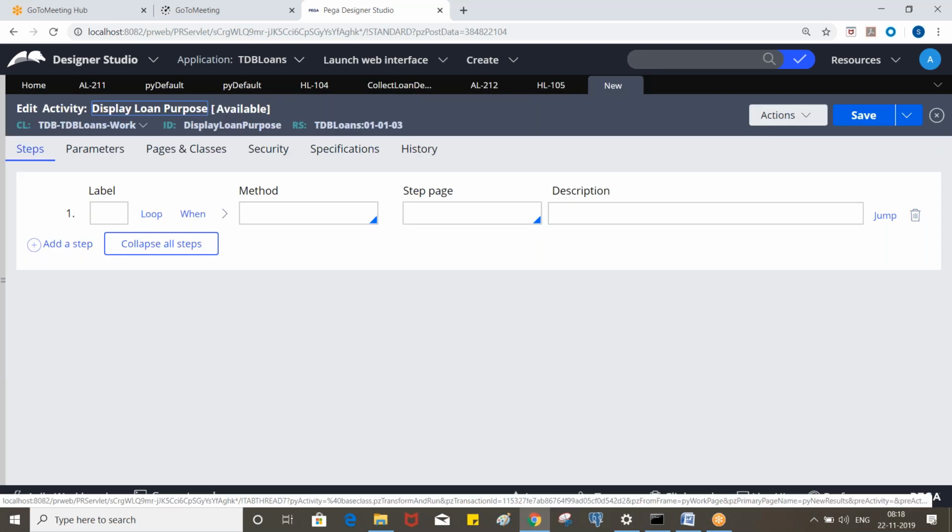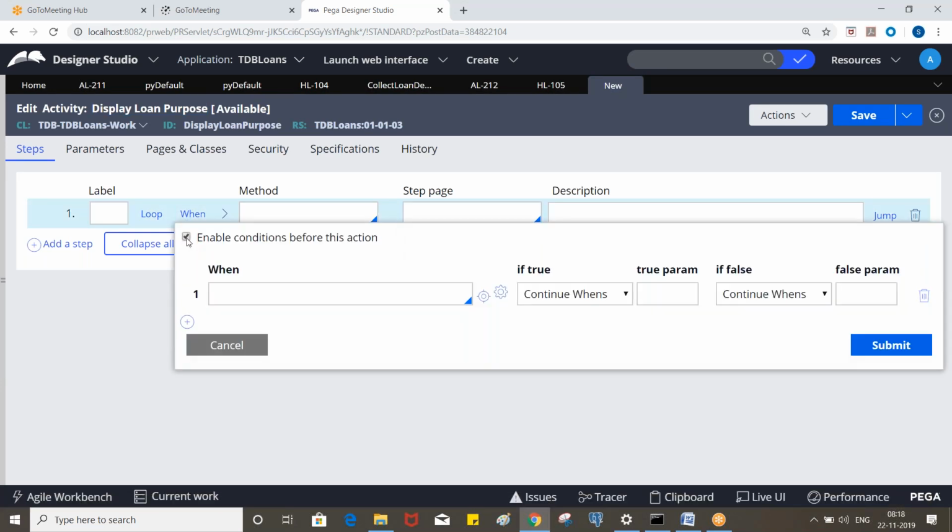So what is the condition? If loan type is auto loan, this will be the precondition. Loan details dot loan type is equivalent to auto loan.